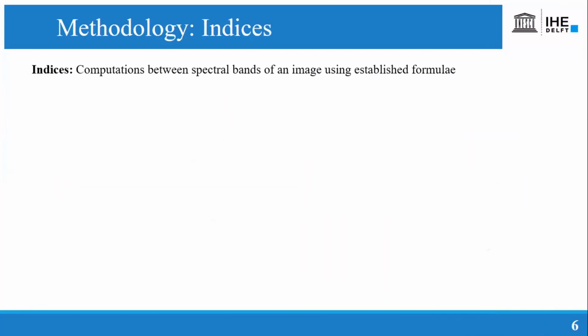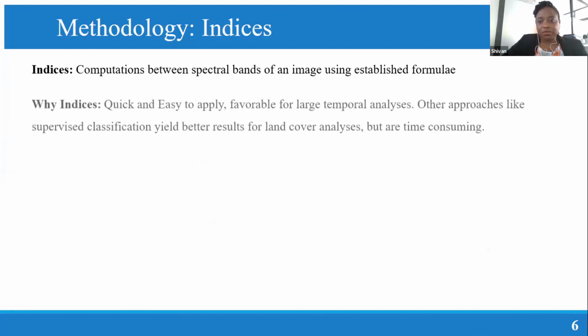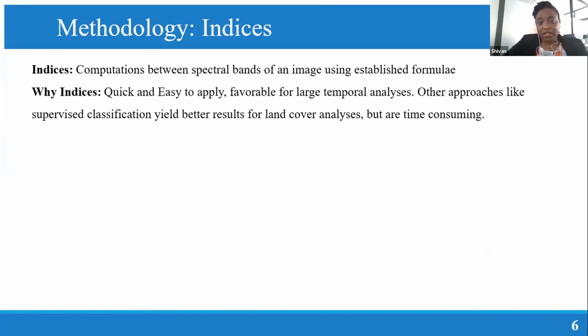So why did we choose to use indices, and what are indices? Indices are computations between spectral bands of an image using established formulae. They are quick and easy to apply, and they are favorable for large temporal analysis, and that's why they were prioritized. However, we have other approaches like supervised classification that yields better results for land cover analysis, for example, but